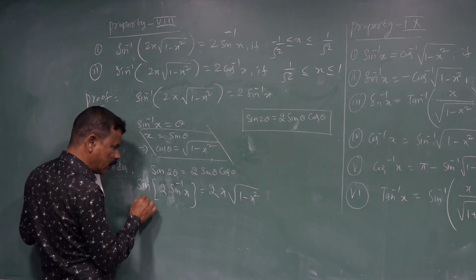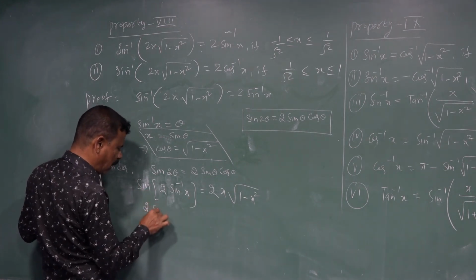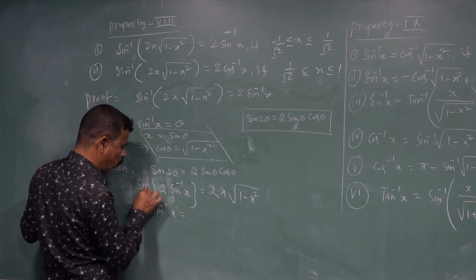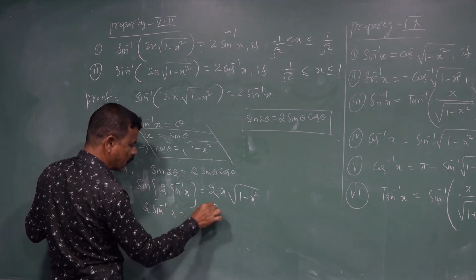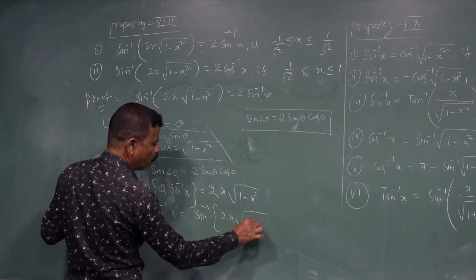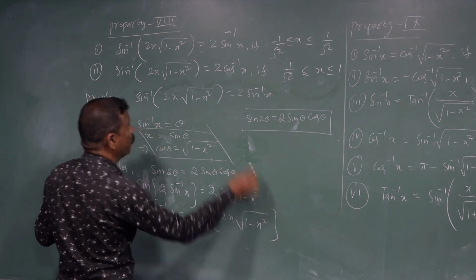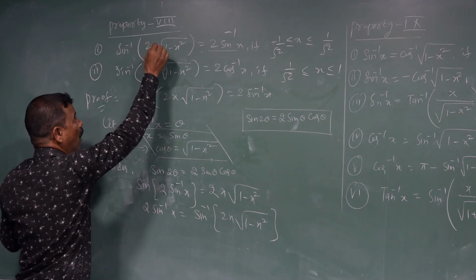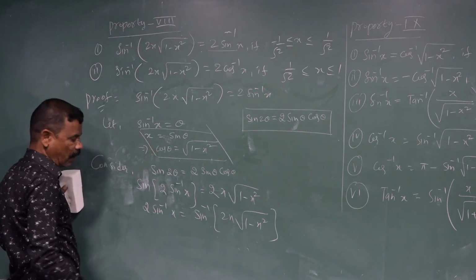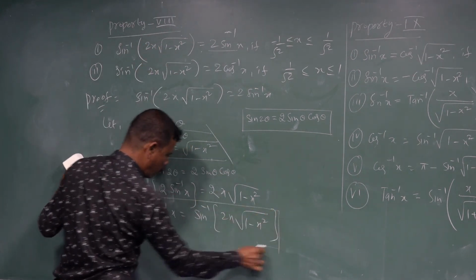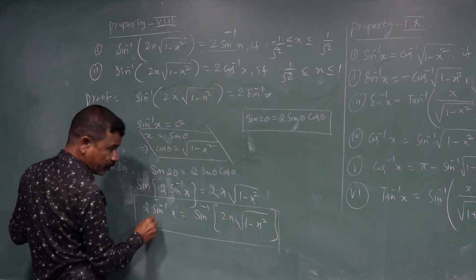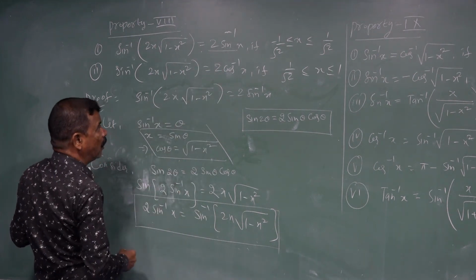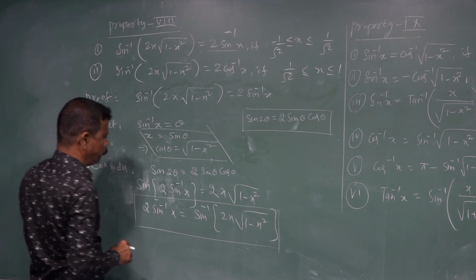Taking sin to the right side, 2 sin inverse x is equal to sin inverse of 2x under root of 1 minus x square. So 2 sin inverse x is equal to sin inverse of 2x under root of 1 minus x square. It is proved. Here RHS, here LHS, same formula. After that, second